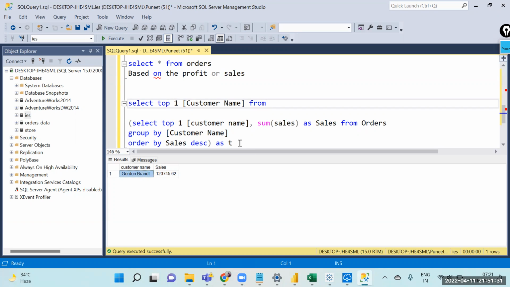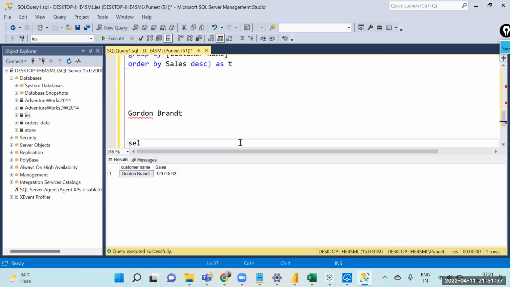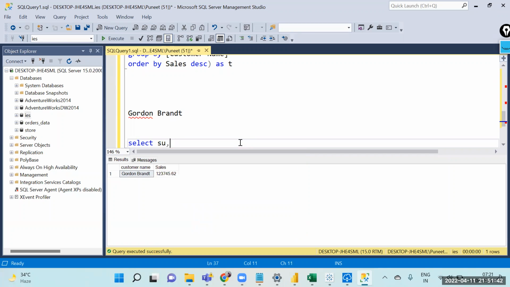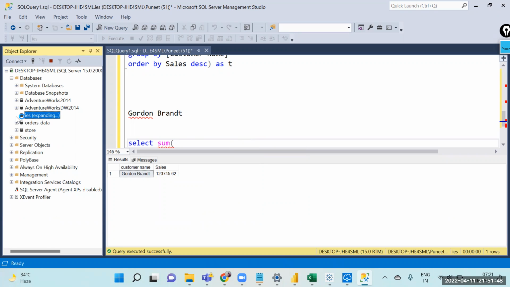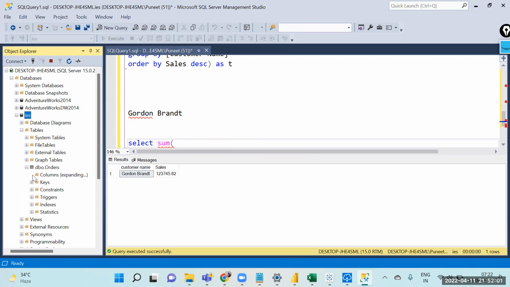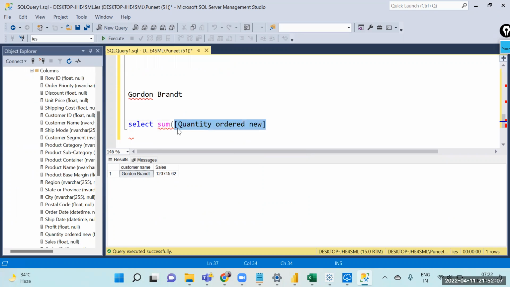So if I copy this customer name and write it, I say select the total quantity, sum of, what's the column name? Quantity ordered. Select sum of quantity ordered from orders